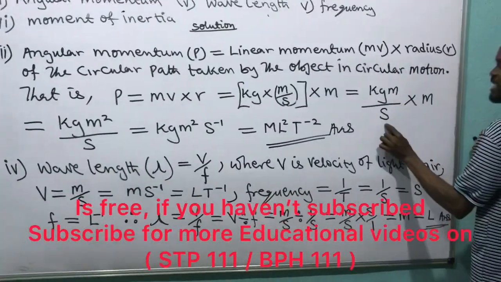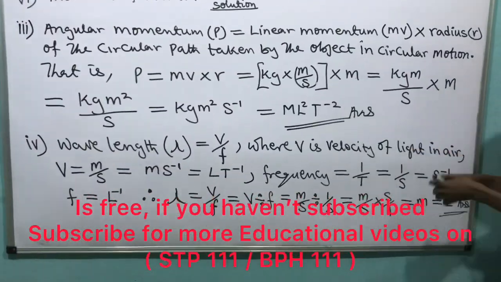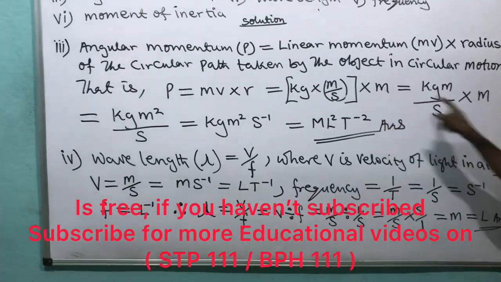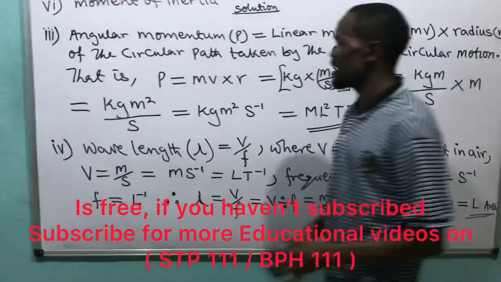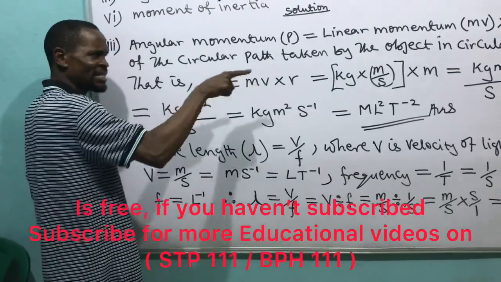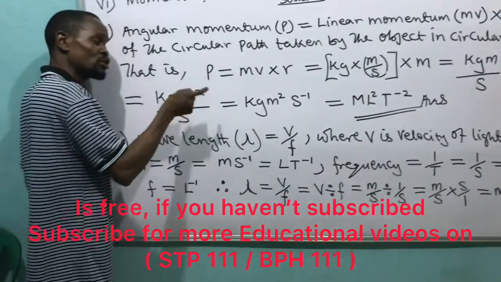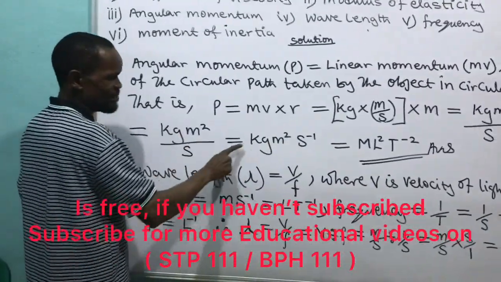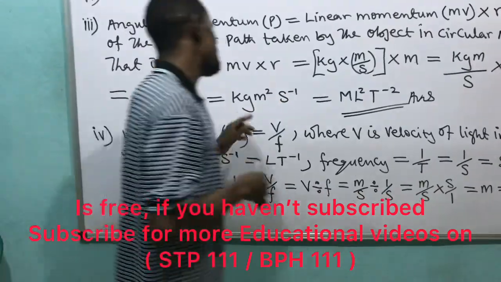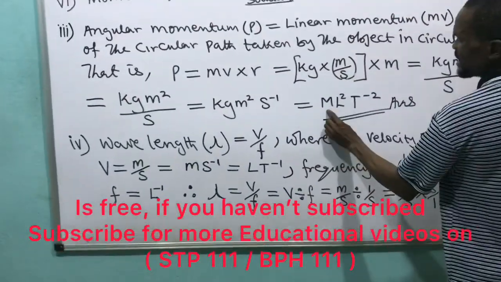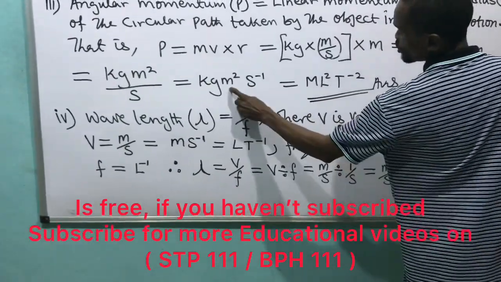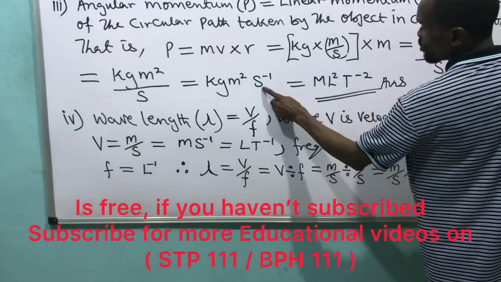Inside this bracket gives me kilogram meter per second times m. Because this times this will give me kilogram meter over seconds times meter. Meter times meter will give me kilogram meter square over seconds, and this can be written as kilogram meter square per second. Then the dimension of this becomes: dimension of kilogram is capital M, dimension of meter is capital L, dimension of T is capital